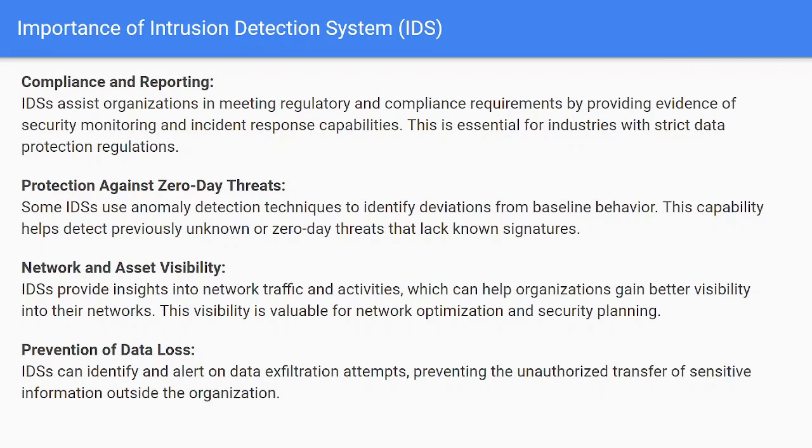Then the next one is protect against zero-day attack. So some IDS make use of abnormality detection techniques, which means that it identifies behaviors that are away from the baseline behavior. So abnormality detection simply means that it looks at how things happen in the network, how activities flow from one person to the other, and then it creates a baseline that, if this thing happens, we know that